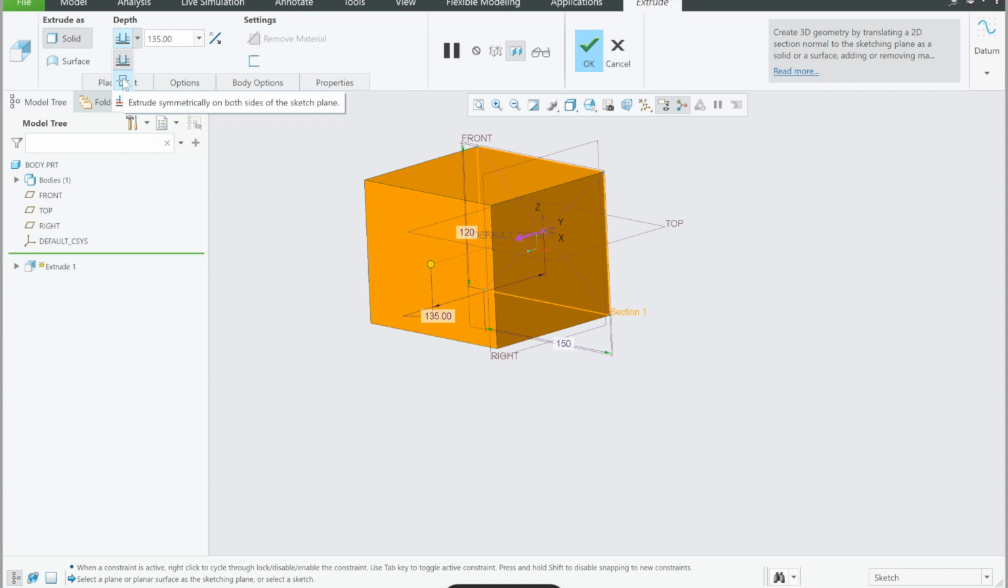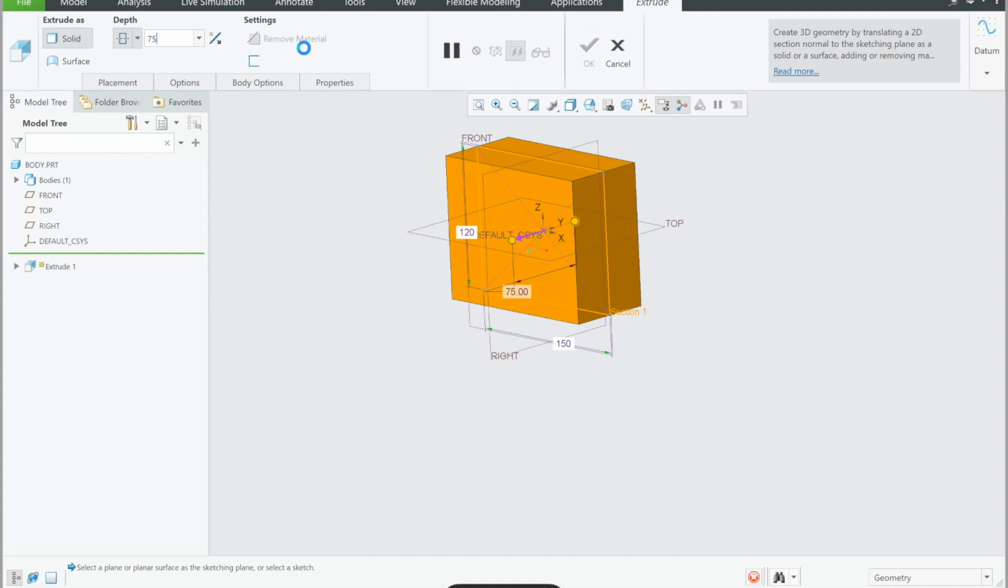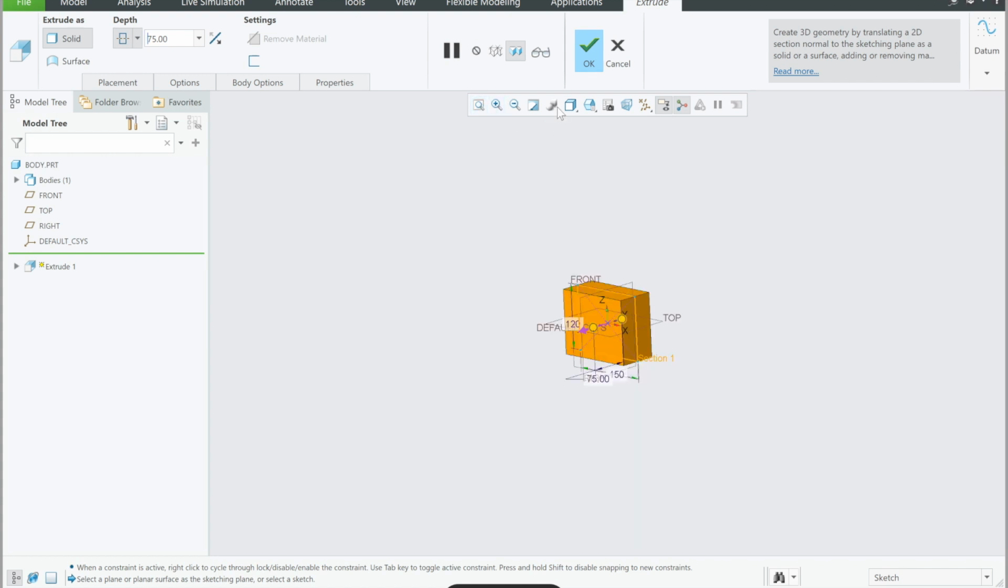And when we press that button, what will happen is the whole block will shift backwards by half its total distance, thus putting the front plane through the center of that block. So when we're happy with that, we're just going to change the distance to 75, and I'll just view it in isometric and resize that using the bar that we used before in the previous